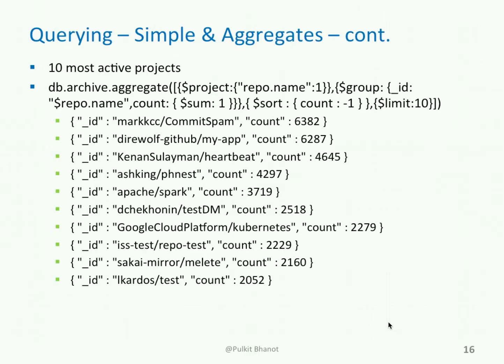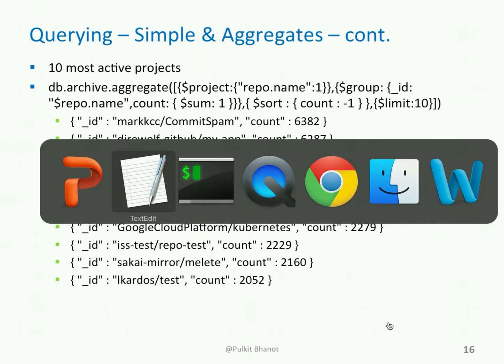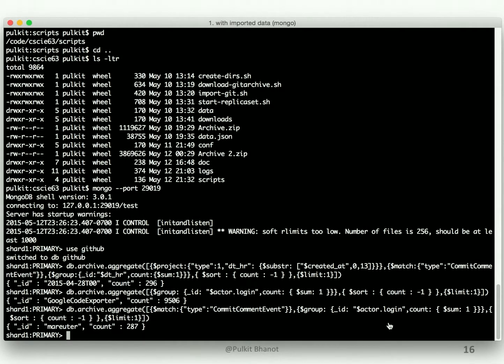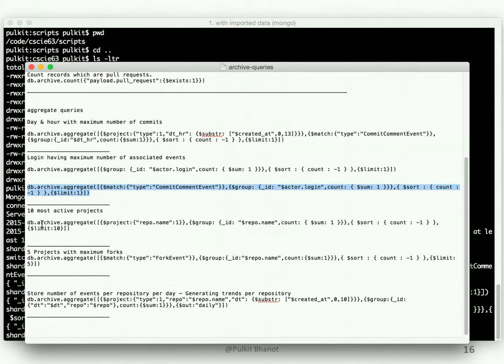So now let's try to find the 10 most active projects, basically the projects having the maximum number of events associated to them. For this, this is the query,